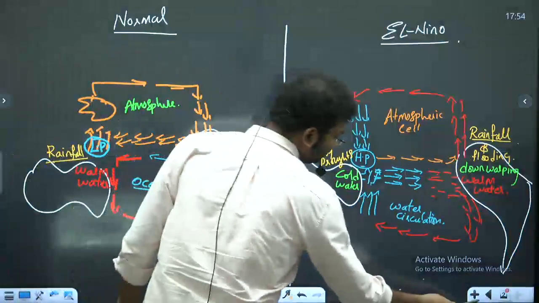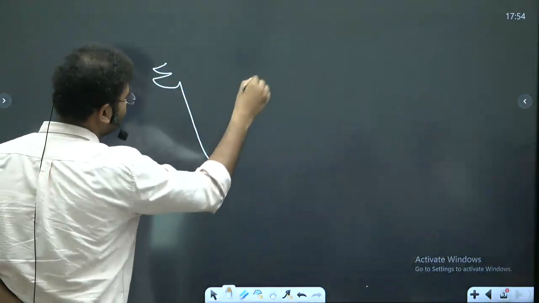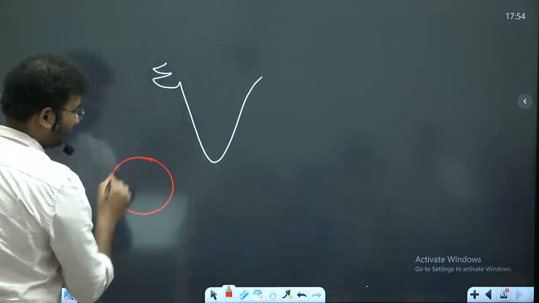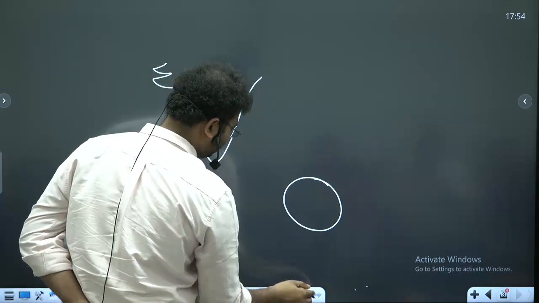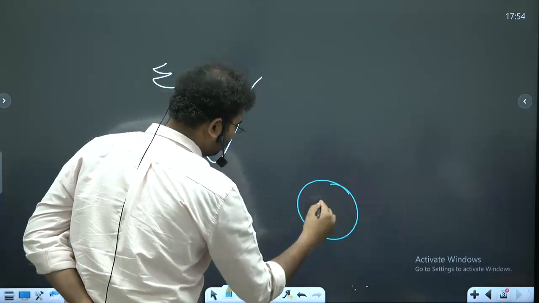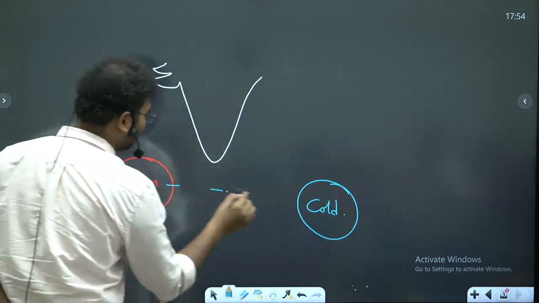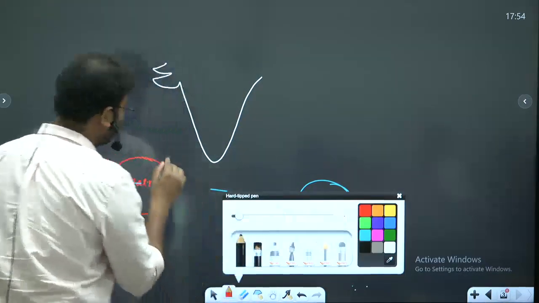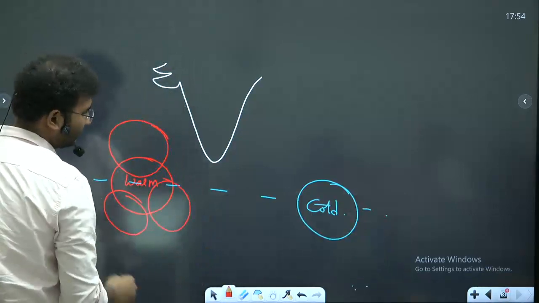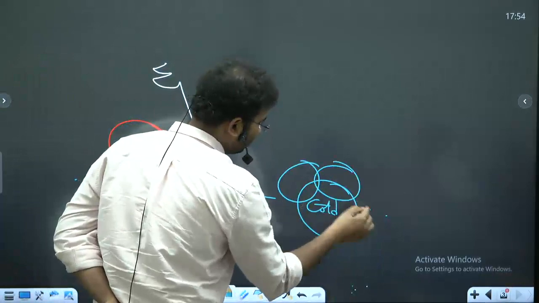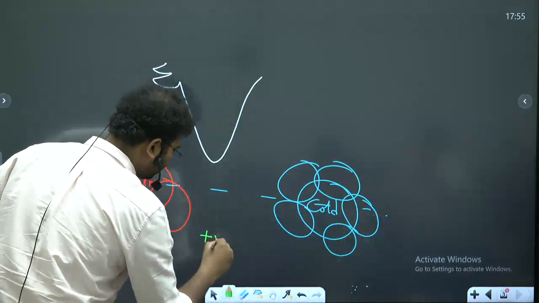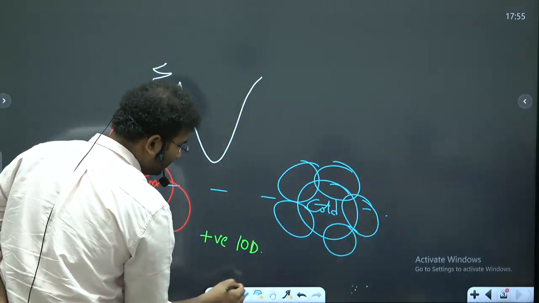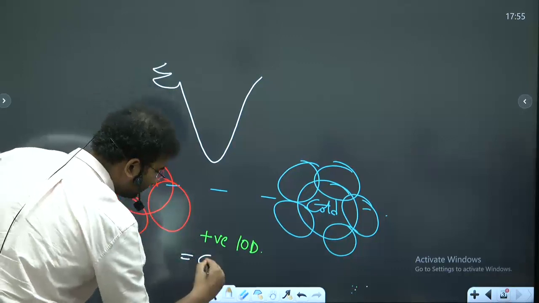And here, look into the Indian Ocean dipole as well. If you have warm and cold, you have cold here. Cold equatorial Indian Ocean region, or you can also extend, the western part is cold, the western part is warm, the eastern part is cold, then this is called as Indian Ocean dipole. Positive Indian Ocean dipole is equal to good